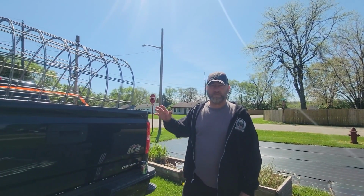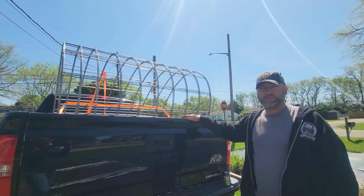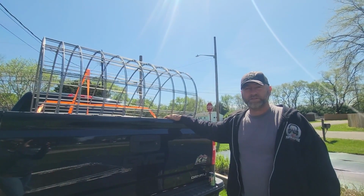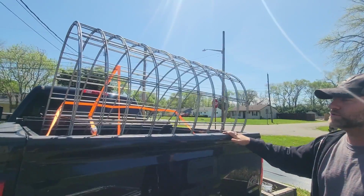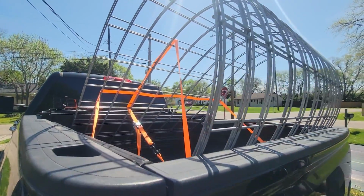So one of the things you might have problems with is loading your cattle panels, because these come in 16-foot long sections, but as you can see, you can fit them into a truck. You just really kind of have to fold them over. So what I did was